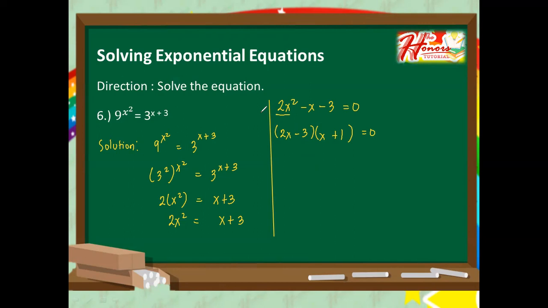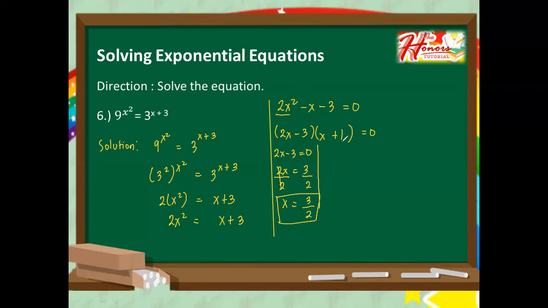Our factors are correct. And then you have to have the value of x. So let's have it separately. So we have here 2x minus 3, equate it to 0. So we have here 2x and then transpose negative 3 at the right side of the equation. It will become positive 3. And then again, we have to eliminate the numerical coefficient of x, and that's 2. So let's divide both sides of the equation by 2. Cancel. X is equal to 3 over 2